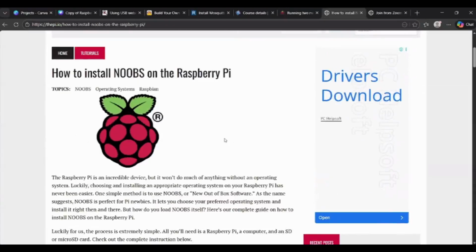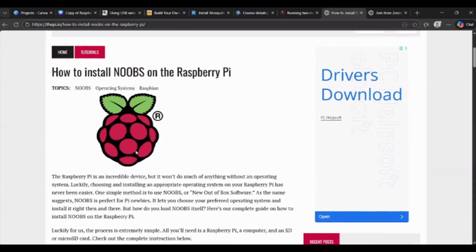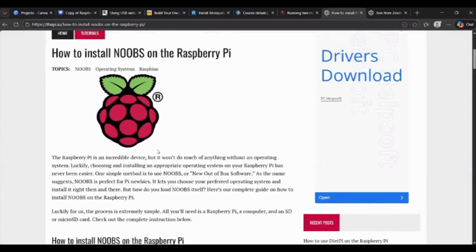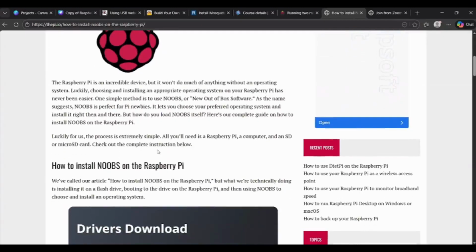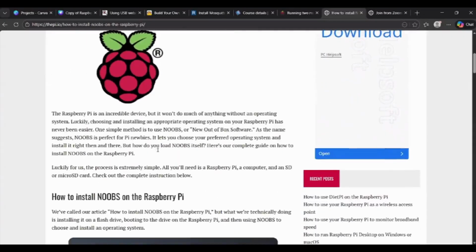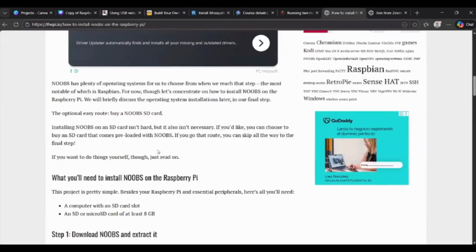If you would like to use NOOBS instead of the Raspberry Pi Imager, you can download NOOBS, and then you can put NOOBS onto your SD card, and then you can plug it into the Raspberry Pi, and